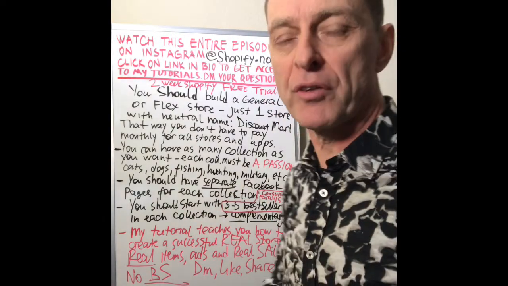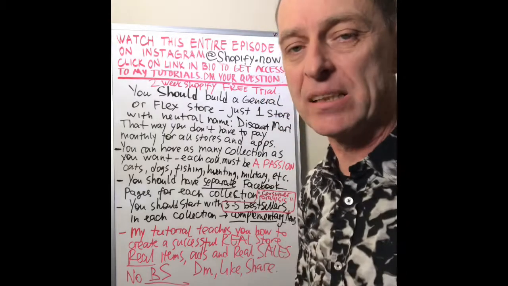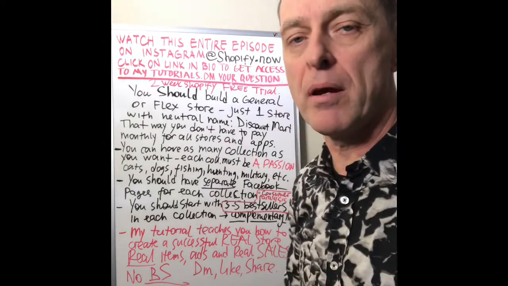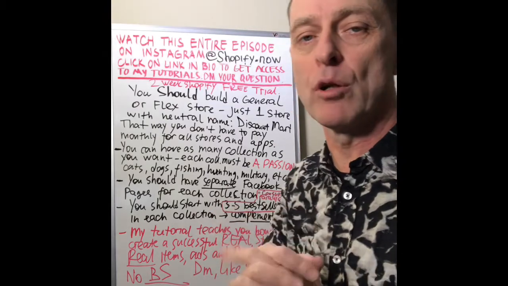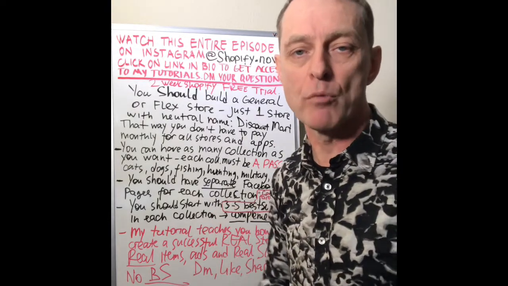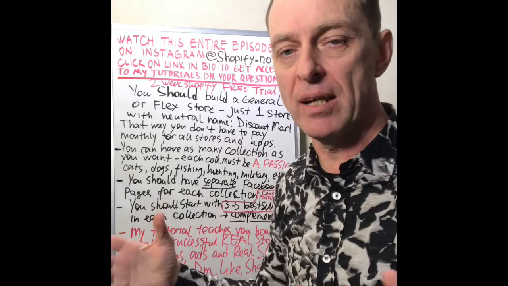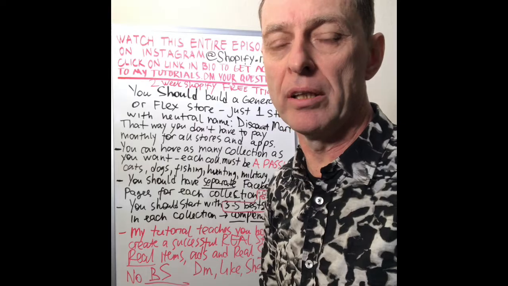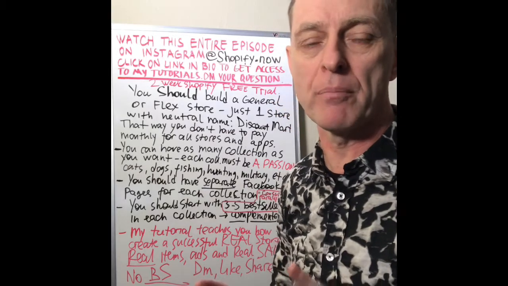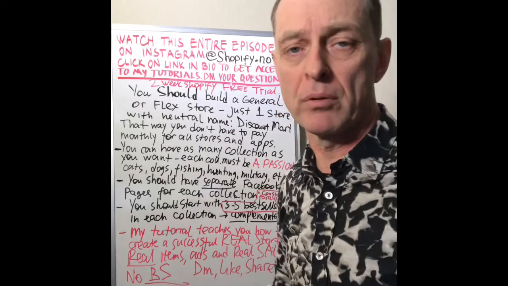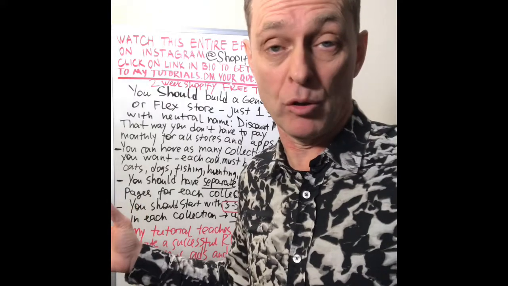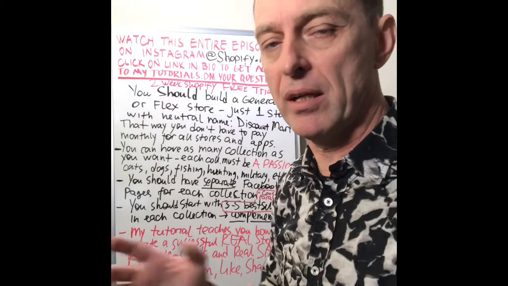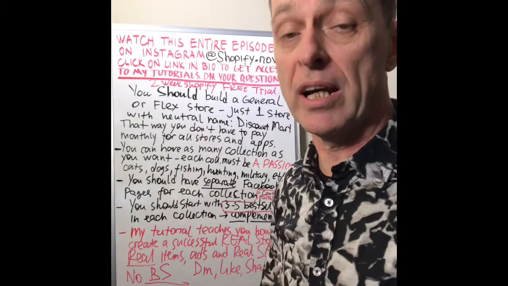I recommend you start with 3-5 items per collection. Why only 3 to 5? Because you don't want to see consumer paralysis. When people see too many items, they actually leave the store. Science proves this. They leave the store. They have so many items, they don't know what to buy. So very often you advertise just one item, but then they go to your collection and see